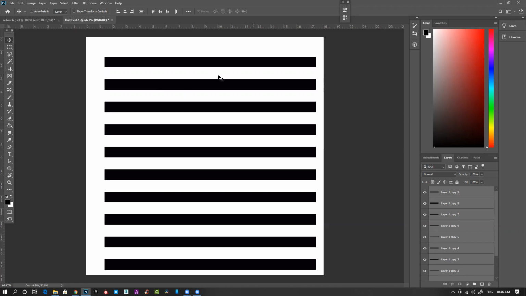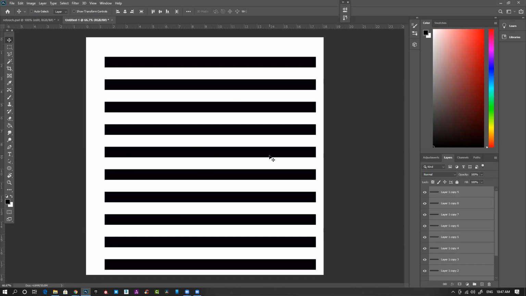It will uniformly distribute and give you equal distance from one shape to another. This is very handy, and sometimes we have to create these kinds of lines or patterns. Suppose I have a design and I want to distribute uniformly. That time, all these things are very handy, and we can do it very quickly and easily.